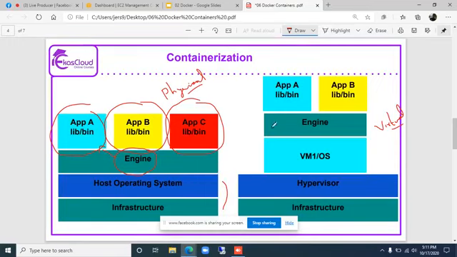It is also possible to do the same in a virtualized environment. With the help of this engine, you are creating isolated applications. In order to create this isolated application, there is something called engine. So like I said already, Docker is a vendor who is very popular in this technology, who have developed the engine software. With the help of that software, we'll be able to run multiple applications in a single underlying host operating system.